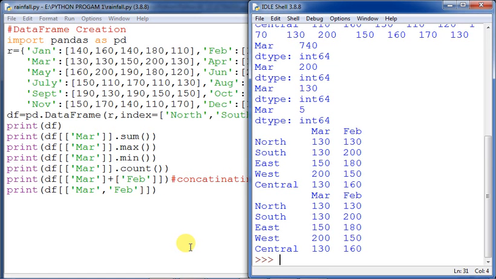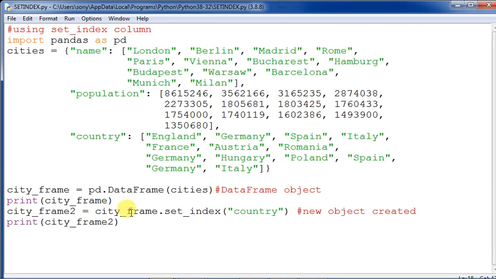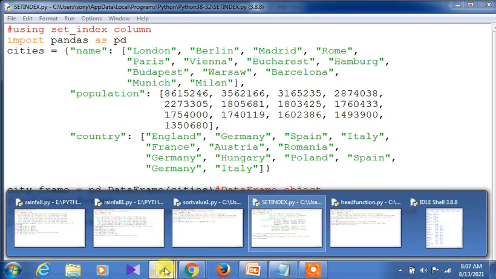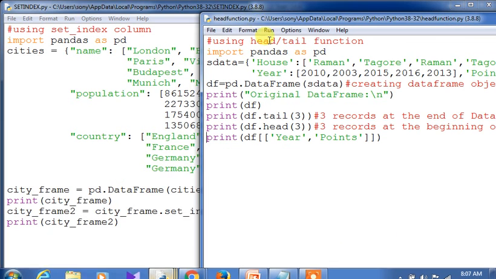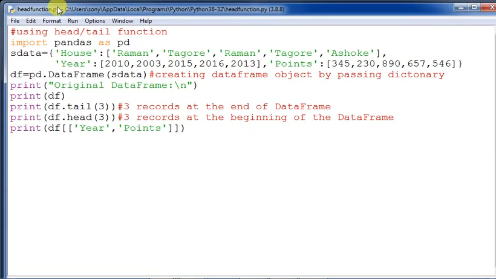So in this way you have to study. You have to understand the commands and all, then you will be a perfect one. All right, so kindly do its practical implementation and you see the similarity. So at last, which program had we done? We had done this program, the set index program, and we have shown it in this way, and the head and tail function also we had done. From here this particular command we have experimentally seen how both the commands can be the same.